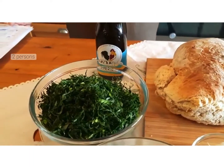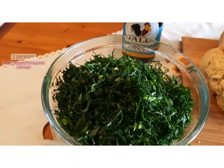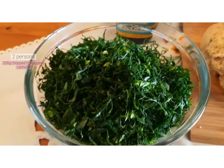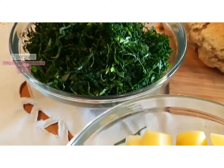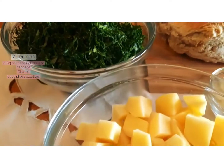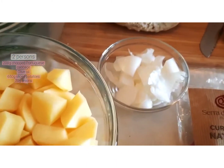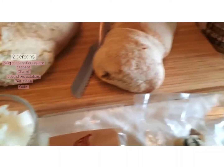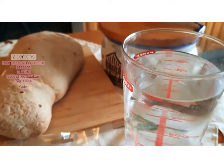You will need 200 grams of Portuguese cabbage chopped as shown. You can find this cabbage already chopped in any Portuguese supermarket or grocery store. You will need olive oil, 650 grams of potatoes sliced as shown, 70 grams of onions, water, depending on the texture that you most like for your soup, salt,